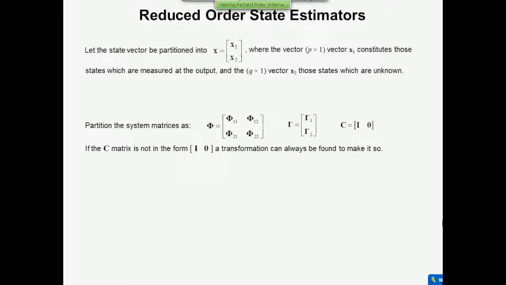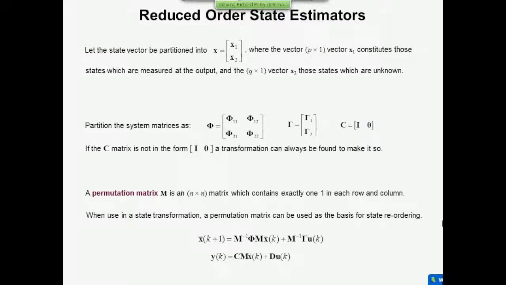The transformation which reorders it is called a permutation matrix, and it's used in the similarity transformation down here. Okay, so you do this. And what you've also got to remember is that the feedback gain matrix you've designed without reordering the states. Right? So once you've estimated what the state vector is, you've got to use this.